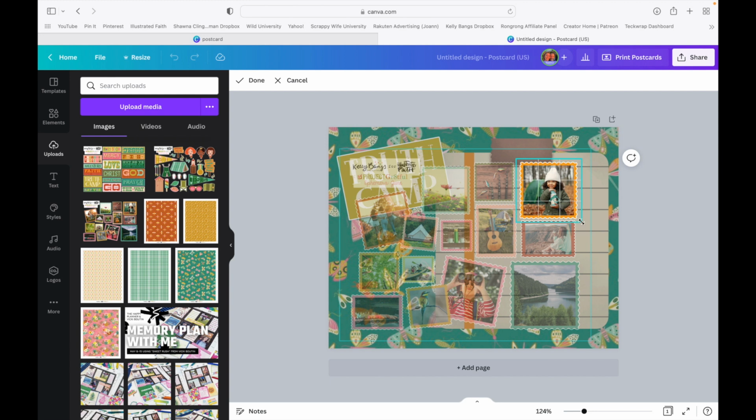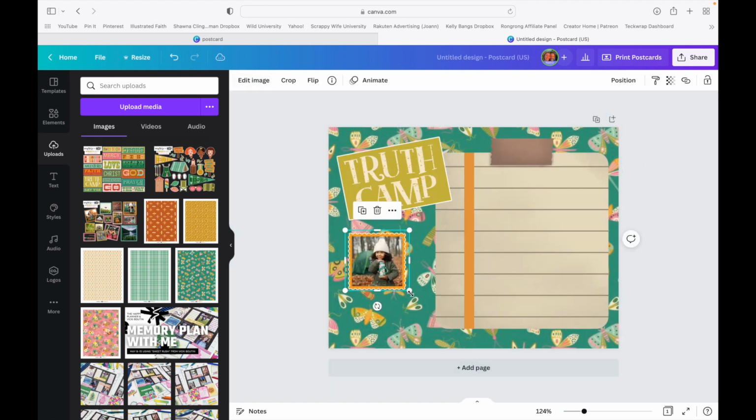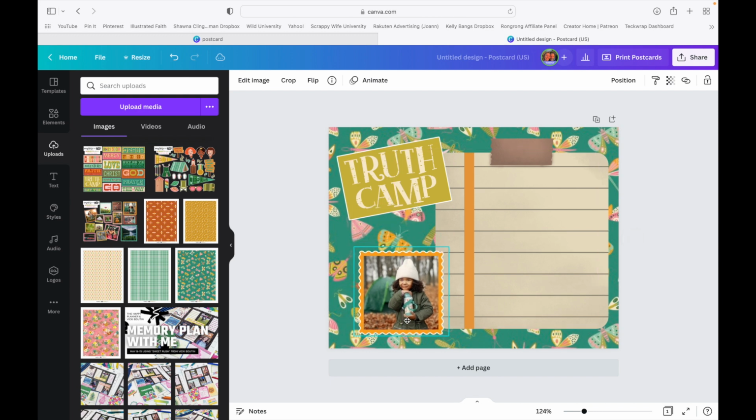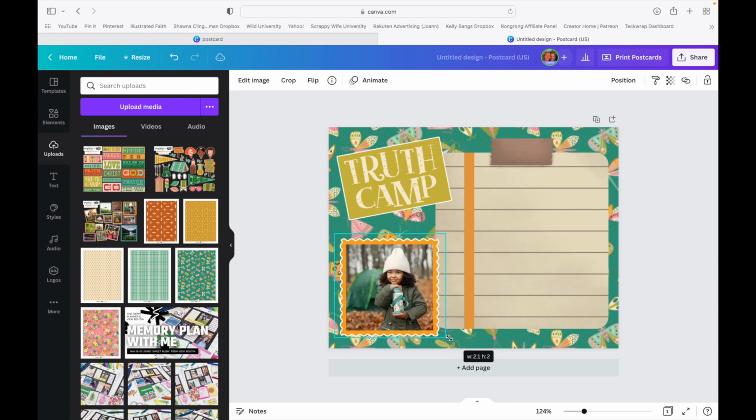And I like the orange around it. So that one is pretty easy to isolate. We're going to say done. Have this right here. I'm going to put her right there. And actually, let's make it a little bit bigger. That is so cute. So I could use this as a scripture writing postcard, and it's really easy to go